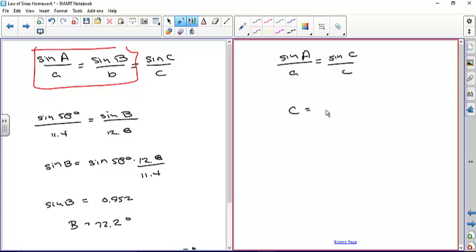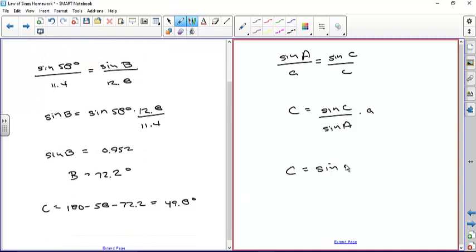So I get C is the sine of C divided by the sine of A times the length of A. The sine of C is 49.8 degrees, divided by the sine of A, which was 58 degrees, and the length of side A